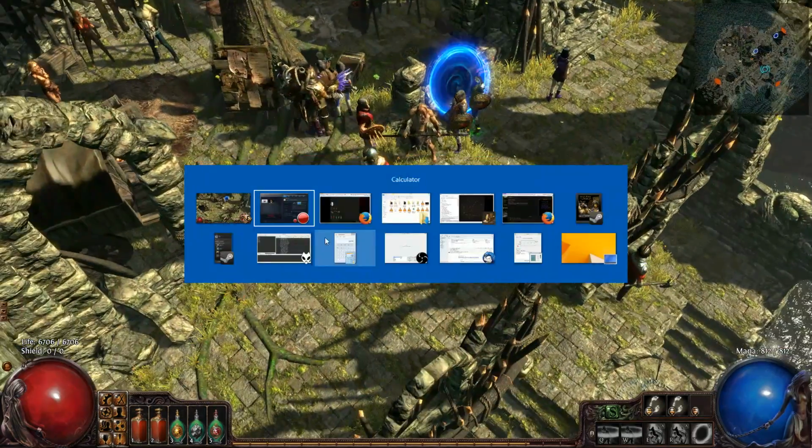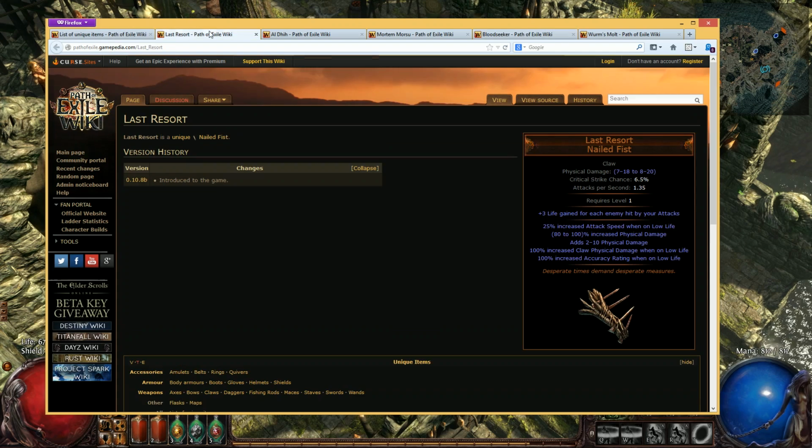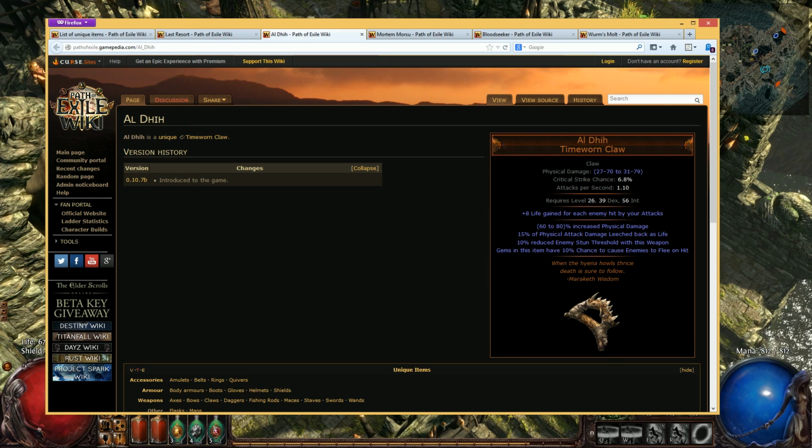Alright, so I'm often asked about leveling uniques. For leveling uniques we have, if you want to level with claws from the beginning, the Last Resort, which is very nice. You can use that right away, it doesn't have a level requirement. Then we have the Aldi, which is also extremely good. It does, however, have a very slow attack speed, so